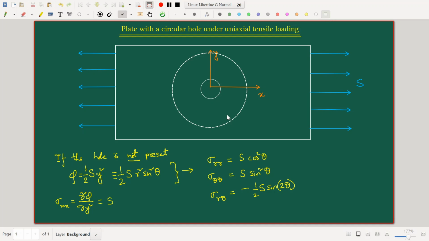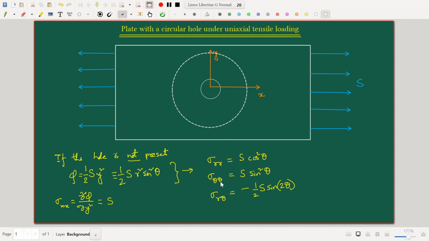Okay, so if this hole were not present, then all around the periphery of this dashed circle, the very same stress fields would be very much true. All right, so we need not consider anymore this original rectangular plate problem. Rather, we can consider just this kind of a circle. Okay, so if we just forget about this rectangular plate, it doesn't do us any harm, because we are still considering this circle with the dashed border,